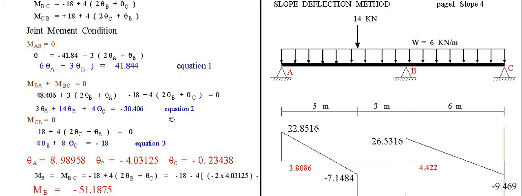So we have all in all 3 equations with 3 unknowns, theta A, theta B, and theta C. Here the beam will deflect in this manner, then goes back to 0, then deflect again, then back. The beam here will be inclined. The slope of the beam here at B is inclined. I don't know going right or going left, inclined to the left or inclined to the right. At C, surely maybe this is inclined to the right.